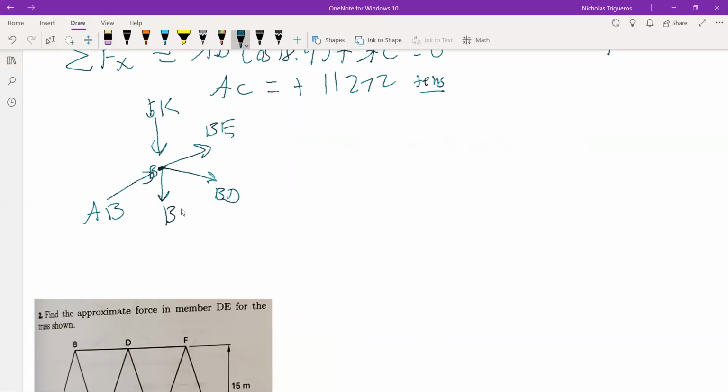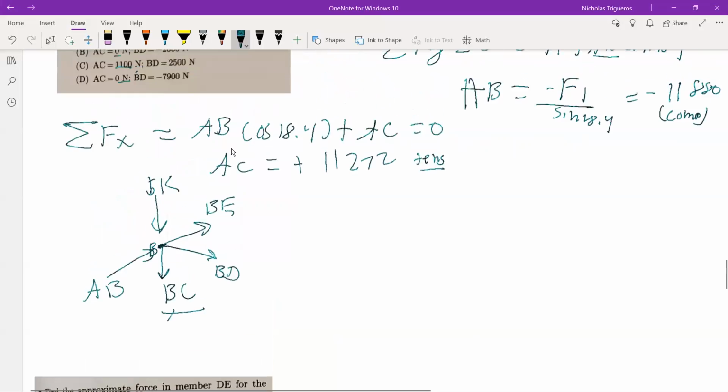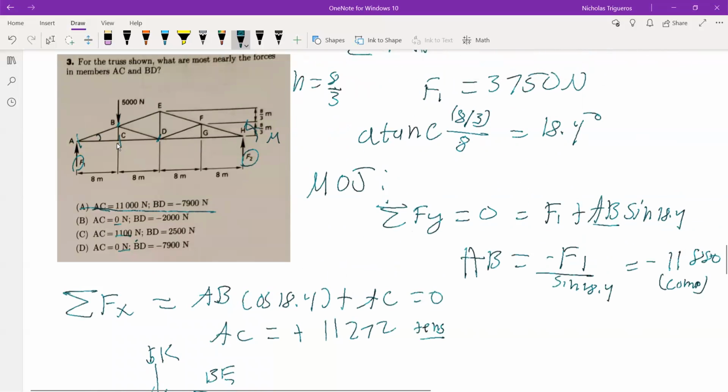It does come out that BC is actually a 0 force member. That's pretty helpful, but you'd have to find that. You couldn't just say, I deem this a 0 force. What you do is you go to point C and ask, what's the sum of forces in the X direction and the Y direction at point C? If you look at localized point C, in the X direction,